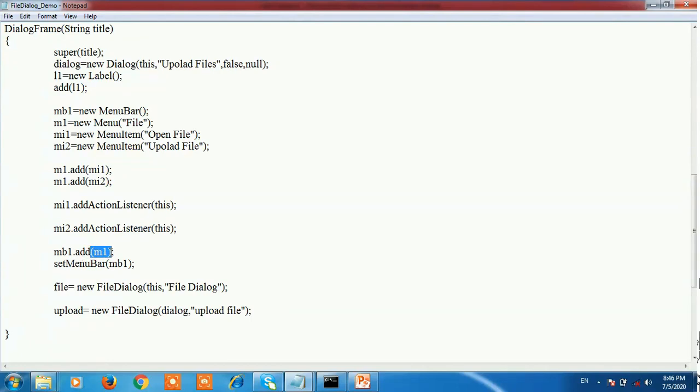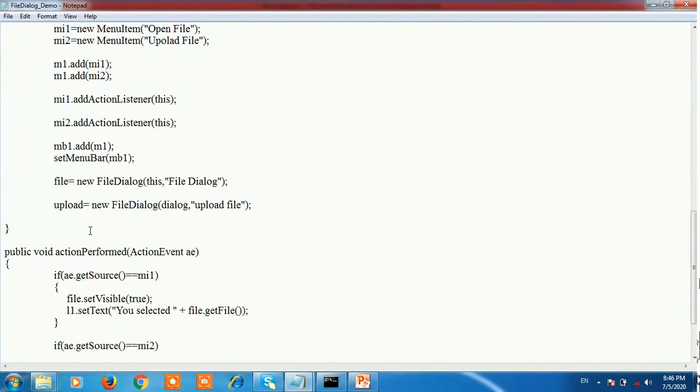Menu object is M1 and menu bar object is MB1. So here we add the menu into the menu bar. After that, setMenuBar is used to set the menu bar: setMenuBar(MB1), the object of the menu bar.